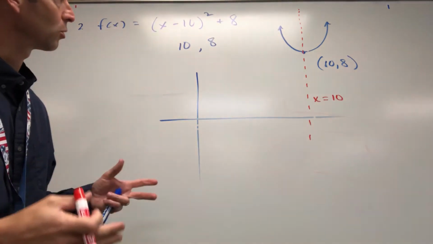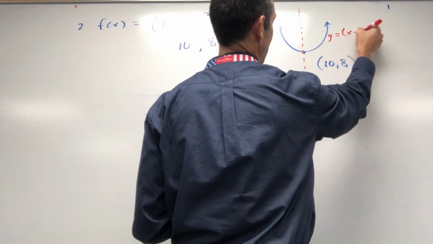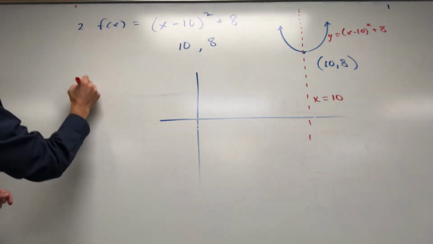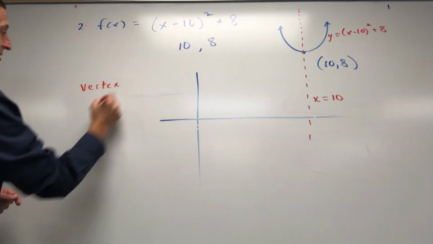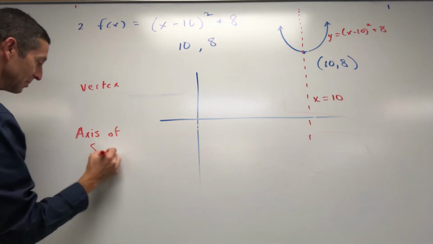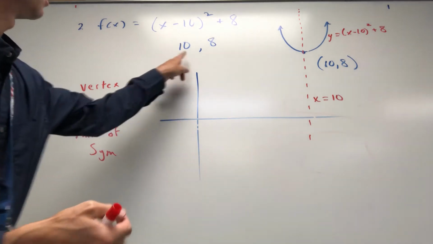Then you make sure that you label your graph. y equals (x minus 10) squared plus 8. So our job is we've got to find the vertex and we've got to find the axis of symmetry. So the vertex is always an ordered pair. So your 10, 8,